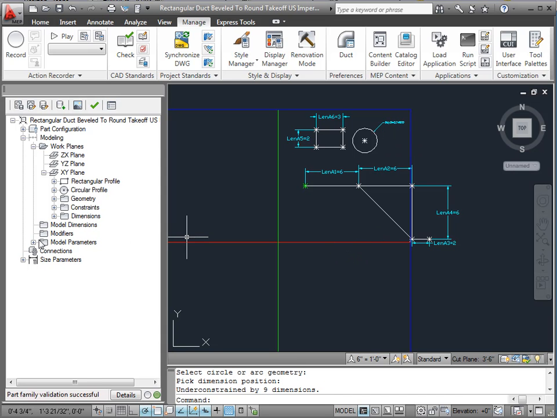So now let's start making some modifiers here. We're going to say